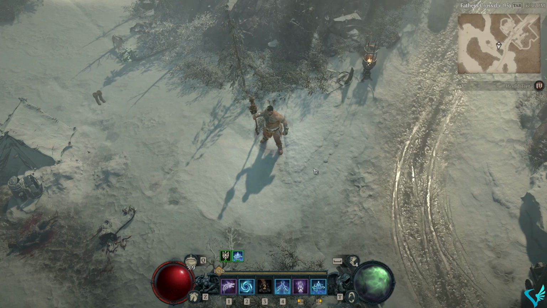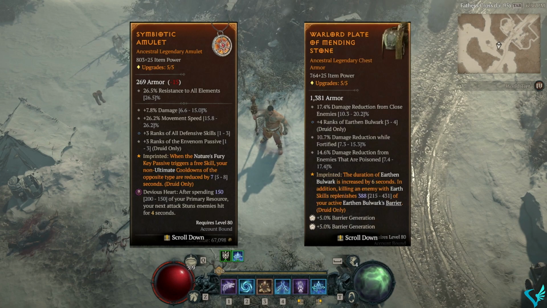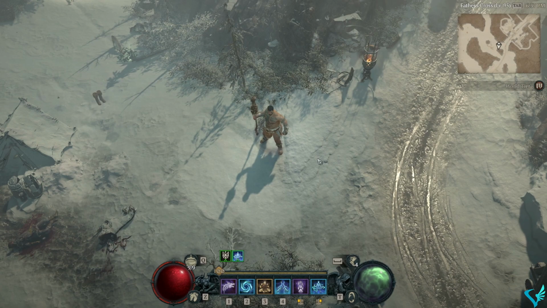I'm going to use an amulet with +3 to defensive skills and chest armor with +4 to Earthen Bulwark. This will give me a total of level 12 Earthen Bulwark, and I believe this is the highest you can achieve. Sadly, both the rings I use have life on them at the moment, so I couldn't get an exact representation of the data for 0% barrier generation. I'm going to use my total life as a control group for the other two tests, so there shouldn't be any discrepancy in the data collected, but as you'll see, the damage for Earthen Bulwark remains the same in the